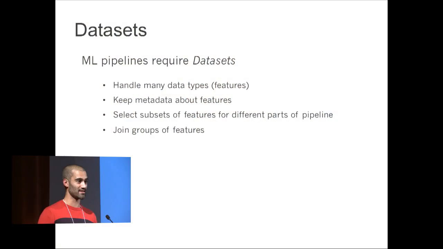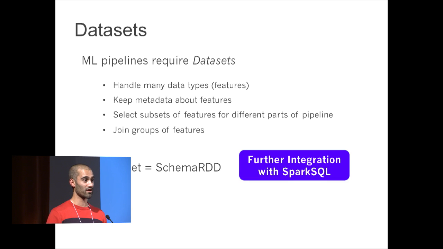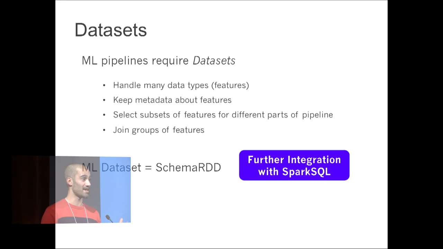And the second API piece or infrastructure piece that's being added into MLlib is related to datasets. So of course, when you're working with an ML pipeline, you start with a dataset. This dataset can be sort of messy. It could have missing data, different types for different fields. And we want an object that can naturally support this sort of data, keeping metadata about different features, allowing you to quickly select subsets of features or join different features together. And the cool thing is that in Spark, I think in version 1.2, this ML dataset is going to